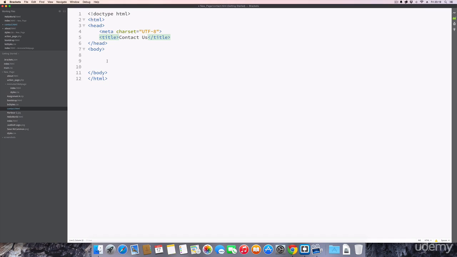So to do that, we just go to our body where we want to start, and we just create a field set. Okay, very simple. This is where we're going to be putting all our elements for the Contact Us page. Actually, what we really want to do before that is also have that inside a form. So I want to create a form,